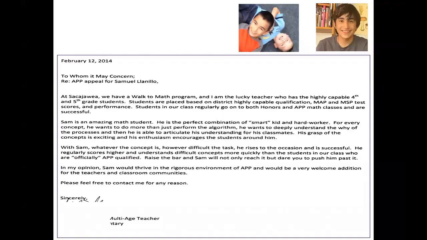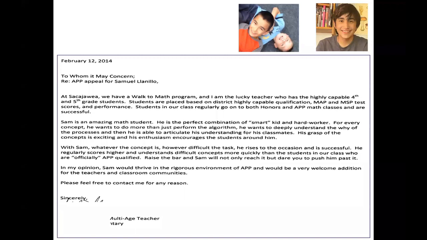So if you'll humor me for a minute, that picture on the right, that's my son, Sam. The one on the left is him when he was about 11, and the other one is him now. He's coming home from his first year of college. And I thought this was a really good letter of recommendation that was not for a medical student, but was for Sam. And you can judge my parenting if you will.